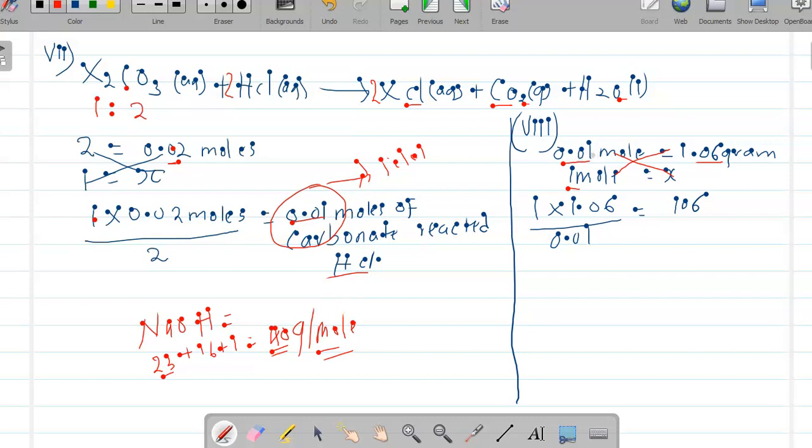So 0.01 mole is equal to this mass. This is the number of moles of the carbonate used, and this is the mass of the carbonate used. So they are equal. 1 mole, which represents the RFM, is equal to X. We don't know. 1 times this, then divide by this one. You get 106. So when you get that, that's how you solve the RFM. Then our next question